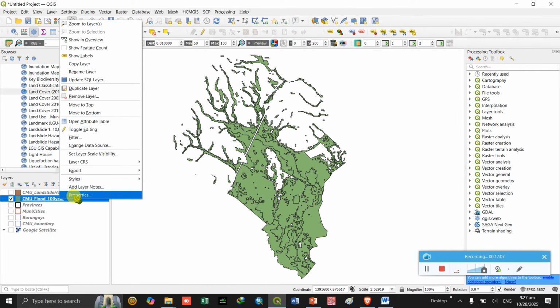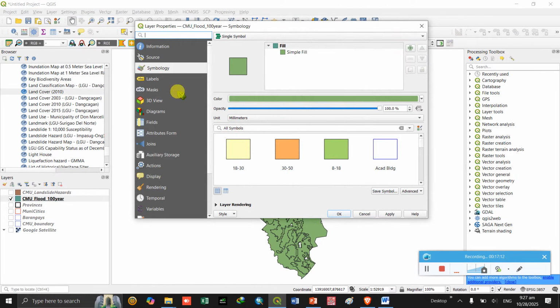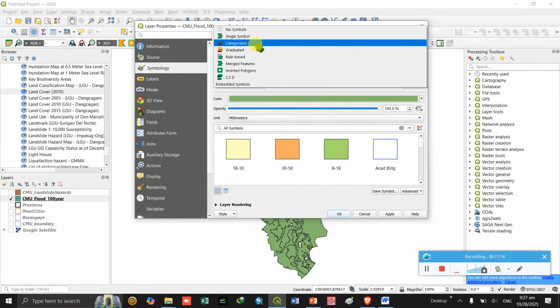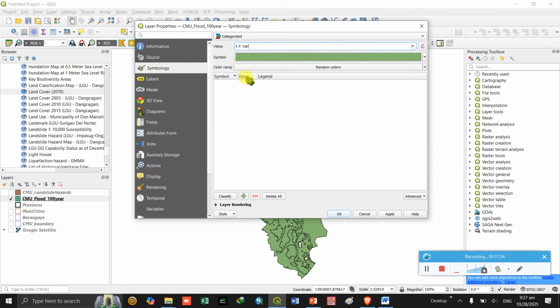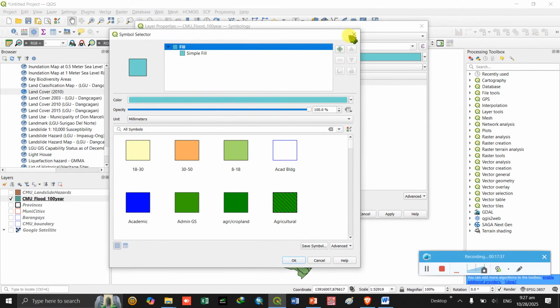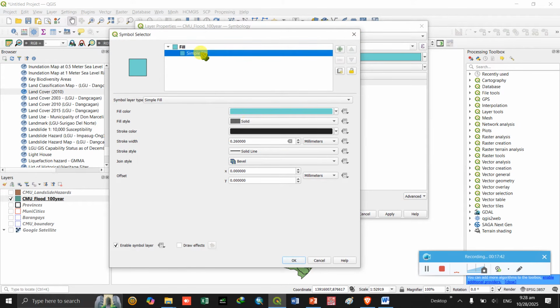So to edit the symbology, properties, symbology, and then we set from single to categorized to display the different flood hazard levels.